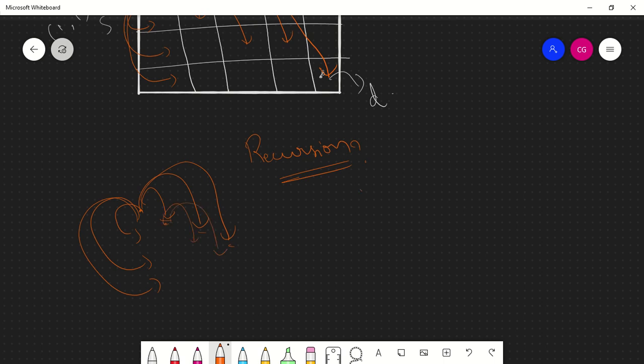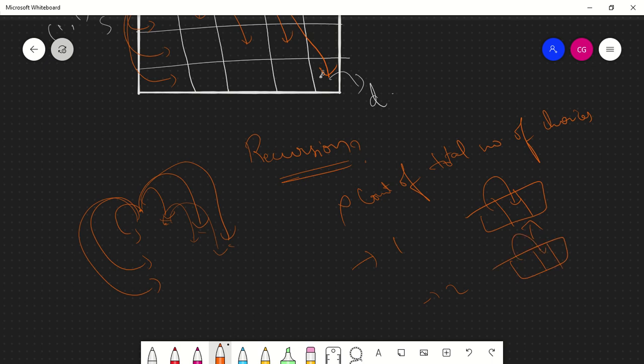So the count of total number of choices is unknown. If you had one choice to make, you would simply make a for loop and take the choice. If you have two choices, you will use two for loops. But in this case you don't know the total number of choices, so if you can't have a particular count of choices, you go for recursion.